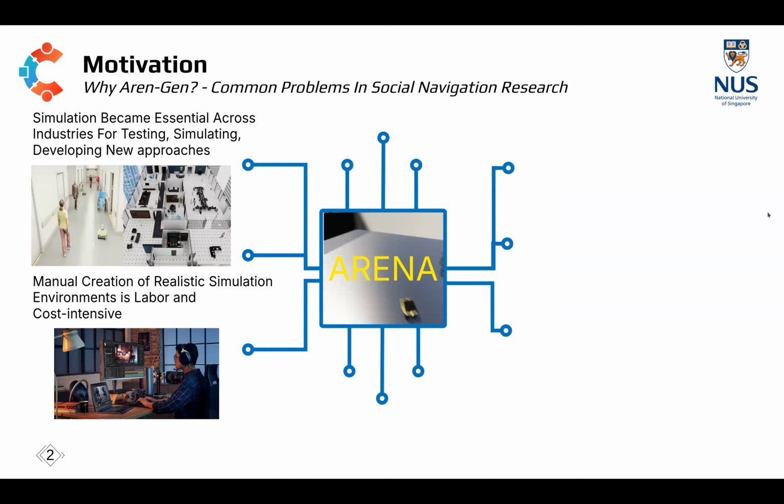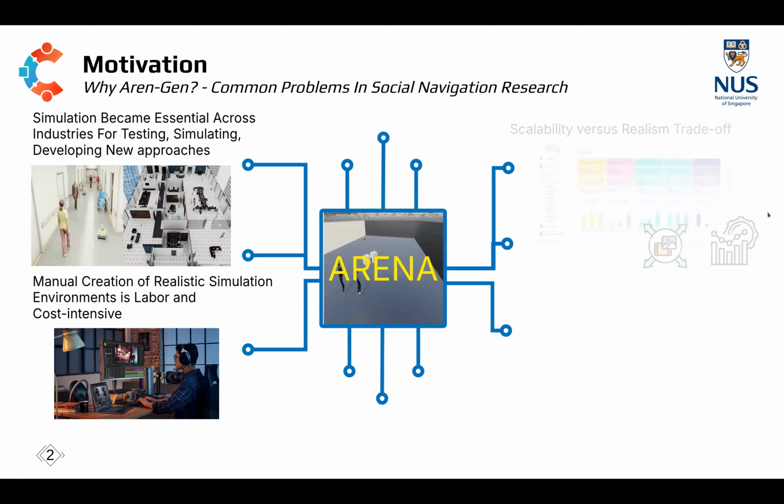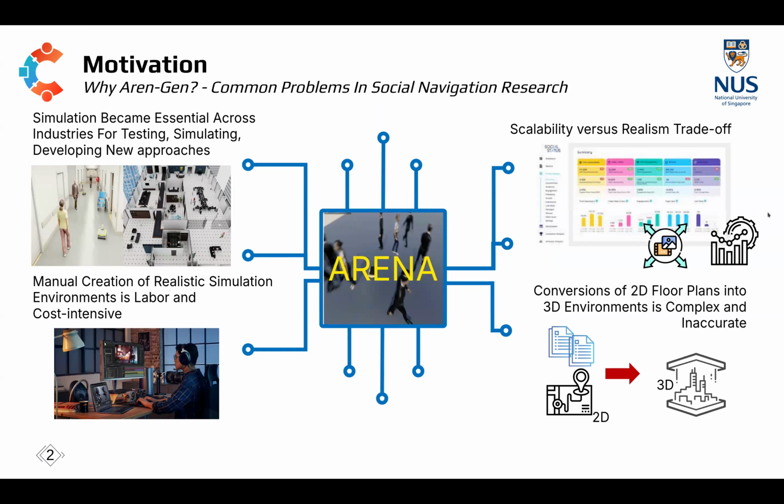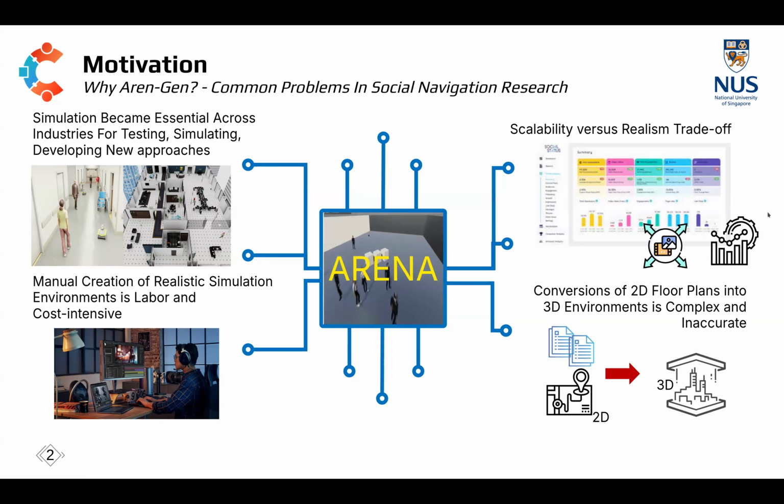So basically, we all know simulation is very important for development and testing your approaches. But simulation is very, very complex. You have to have a very realistic simulation. And oftentimes, a lot of things cannot be mimicked correctly. For example, the human behavior, which is very unpredictable. And this of course, we want to try to address.